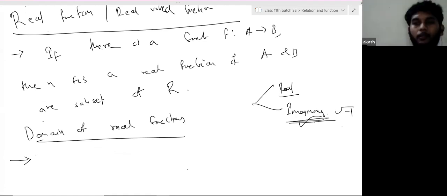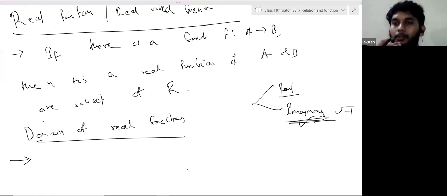All right. Now, what is the domain of real functions? How to find the domain of real functions? In all the questions till now, they have given you f is from A to B. Now they will remove that. You have to look for what is the domain and what is the range. Now the questions will come like this: find the domain, find the range. So how to find the domain of a real function? Domain of real functions